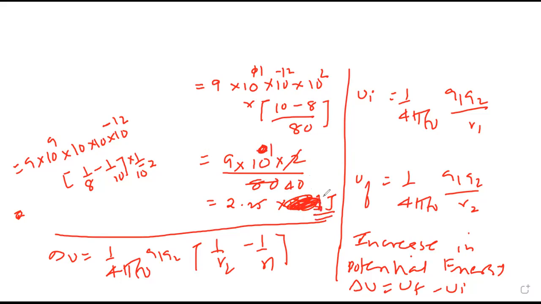Did you get 2.25 joules? I solved one part of the question, I'm on the second part. See, just see what I did, same way you have done. Initial formula, final formula, then increase is final minus initial, then I took common. That will save the time. No need to find individual.